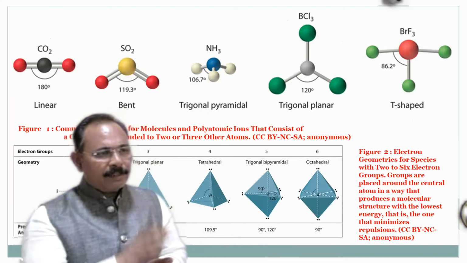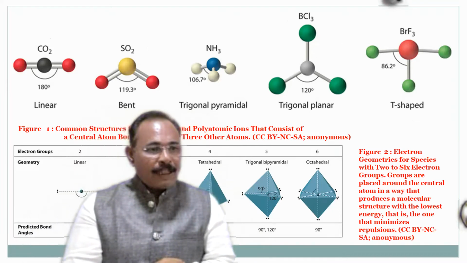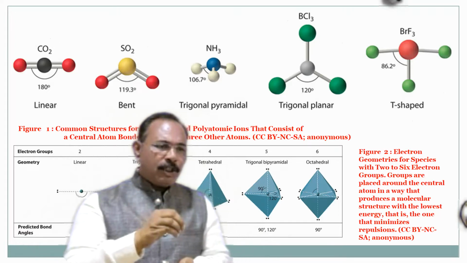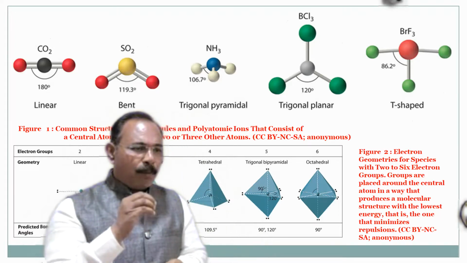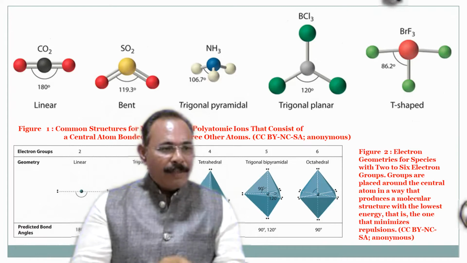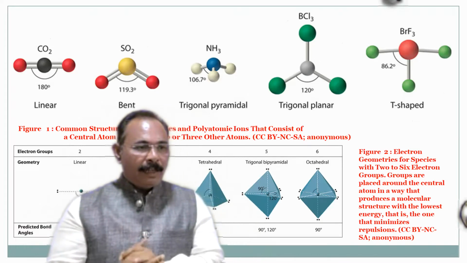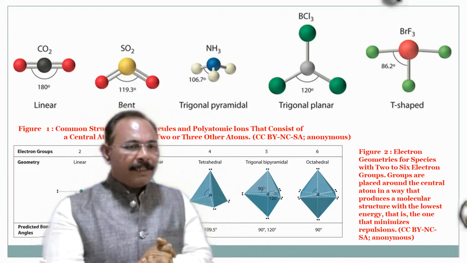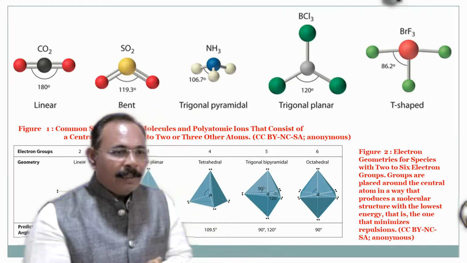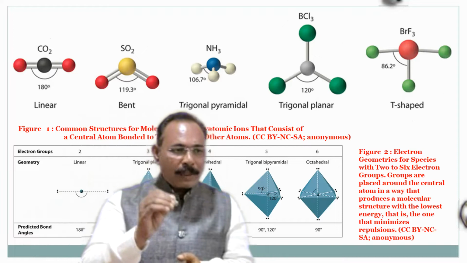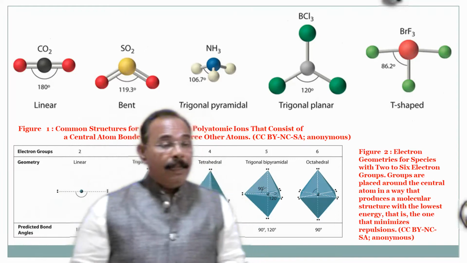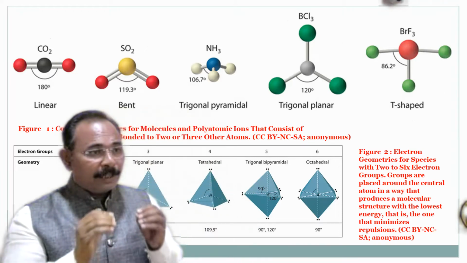You can see on your screen, as well as the structures of many molecules and polyatomic ions with a central metal atom. The premise of the VSEPR theory is that electron pairs located in bonds and lone pairs repel